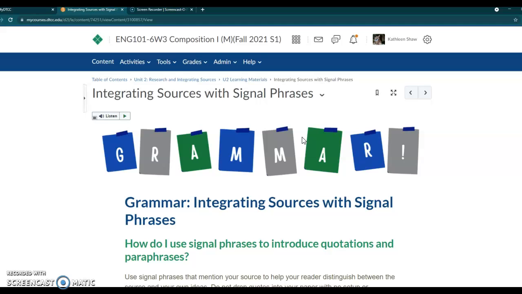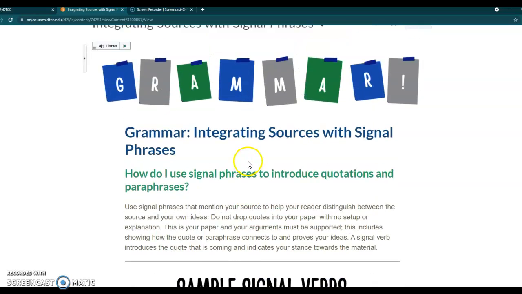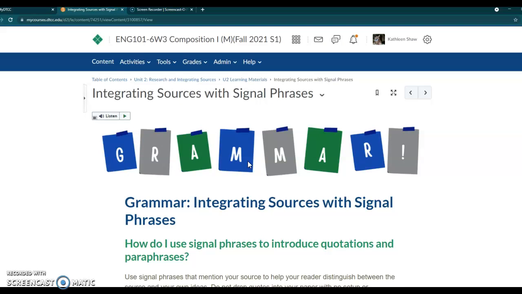Once you've come up with the summary of what's going on, the major details, you can go back to your sentences and add in attributive tags for every single one. So something along the lines of, according to the author, the article then states, the study shows. These are ways that you can incorporate attributive tags to let people know that you're summarizing. When you are quoting and paraphrasing, you can use these more opinionated signal phrases that they include here, the sample signal verbs, to also set your quote or your paraphrase up.